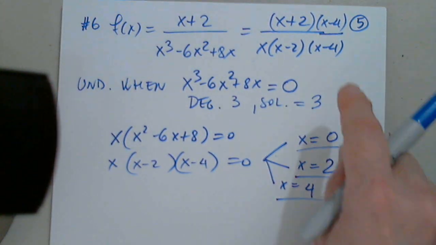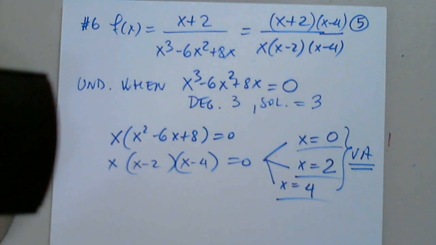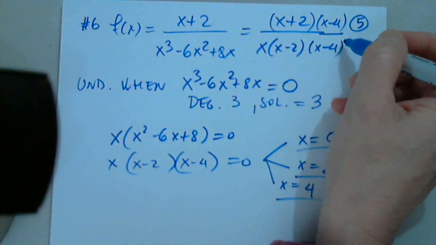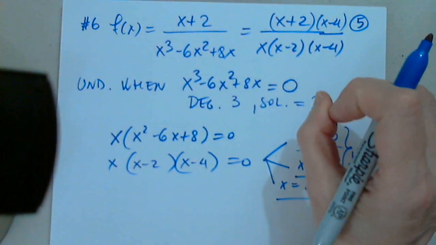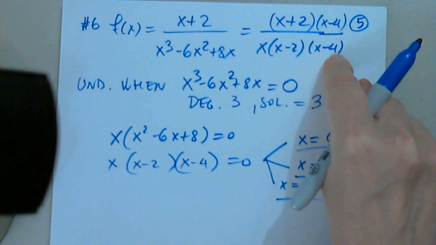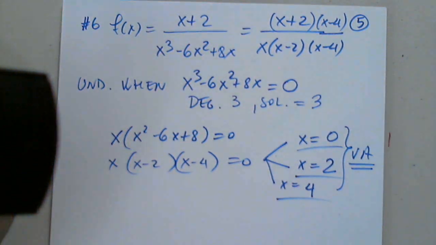Don't correct anything because I'm going to erase this. 4 would not be an asymptote. 4 will not be an asymptote because I will simplify it. It will be an open point because I will be simplifying it. That's the point I'm making. Just remember